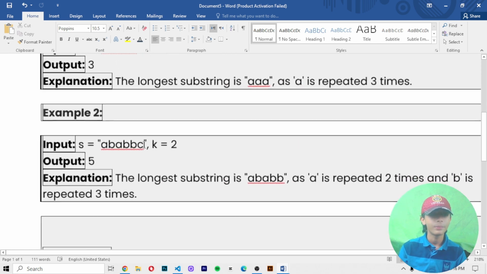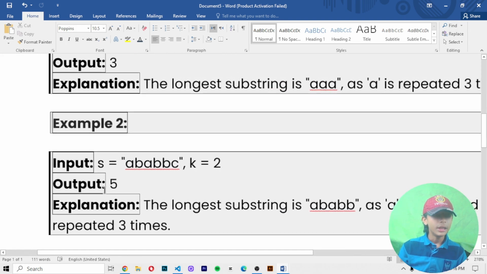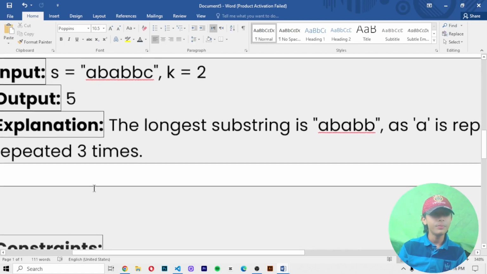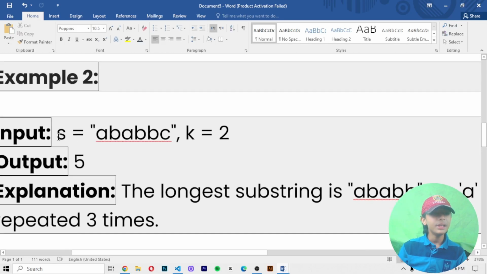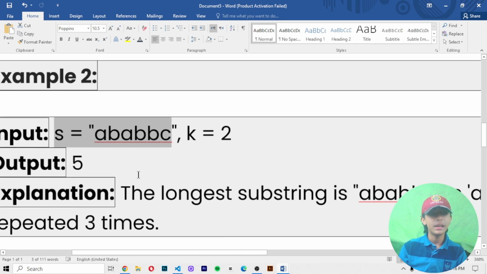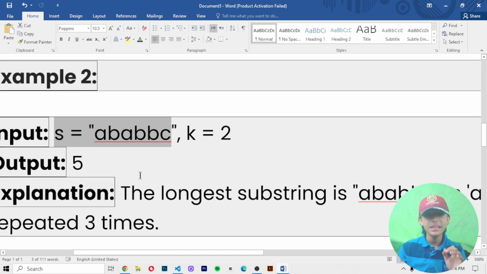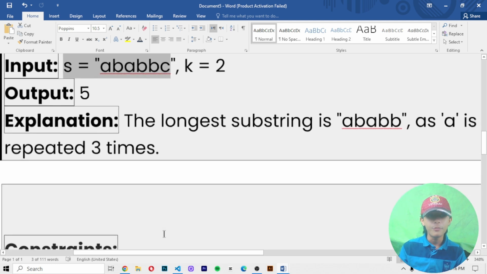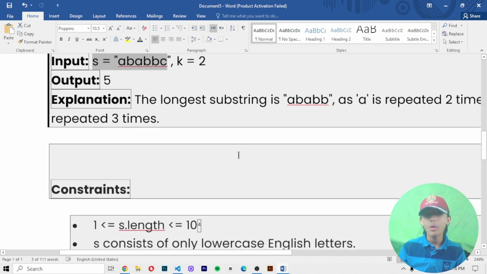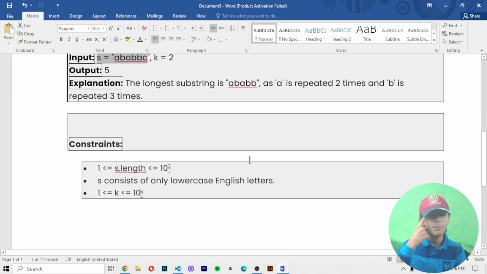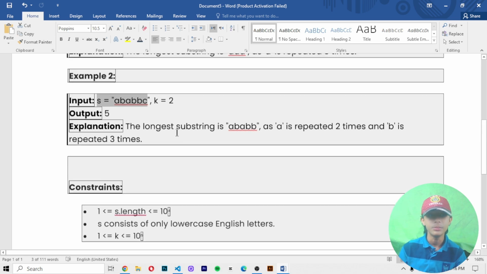In example 2, the string s is a, b, b, c, with k equal to 2, and the output is 5, because the longest substring is a, b, as a is repeated 2 times and b is repeated 3 times.